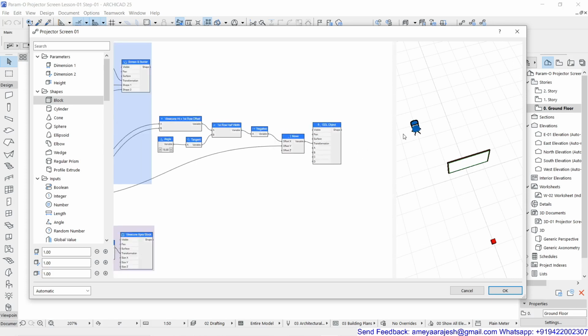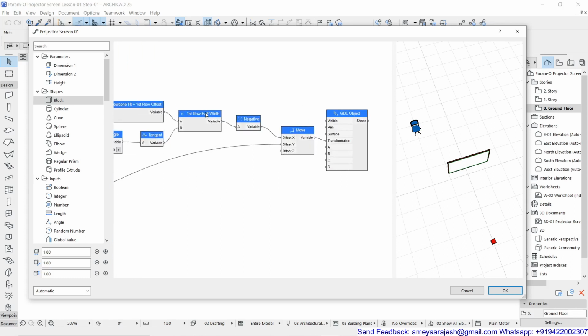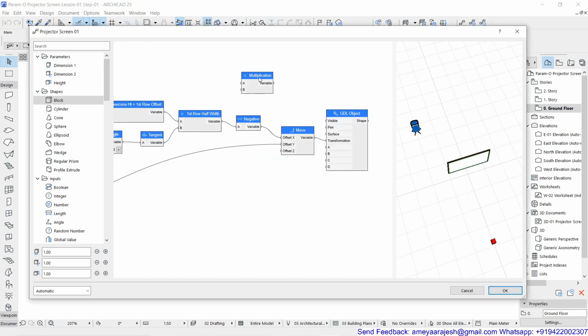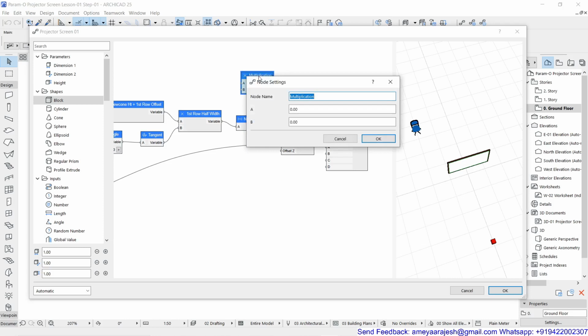Now the target is to complete this full width, to find out the full width of the first row. So you will be using multiplication again, and this time your first row full width will be double my half width, obviously.